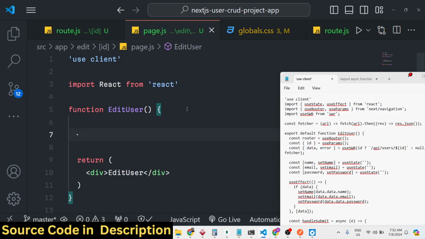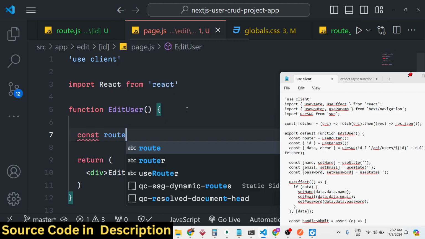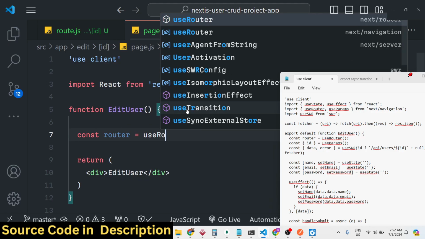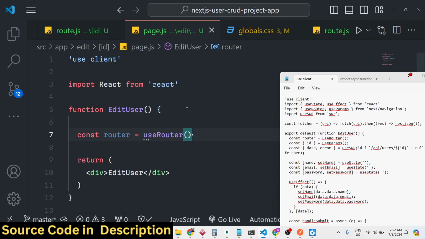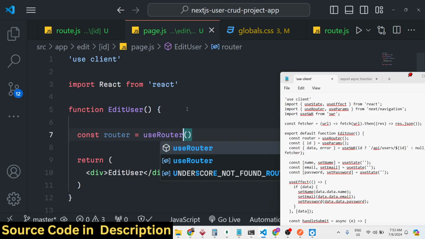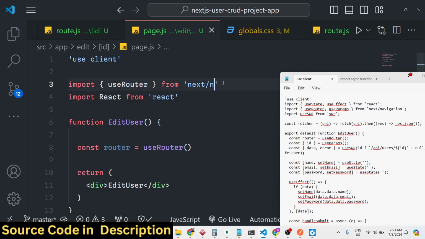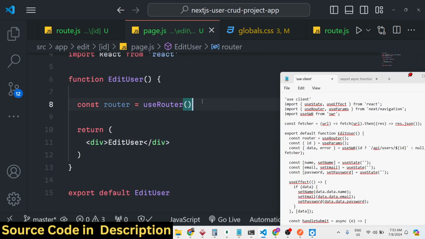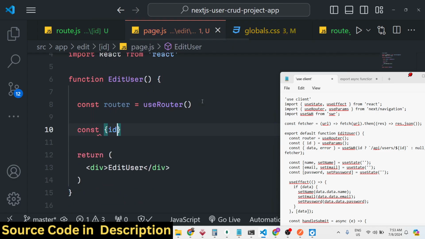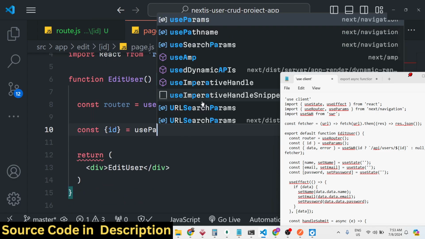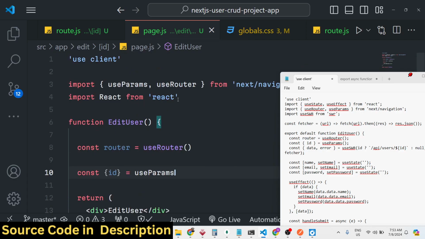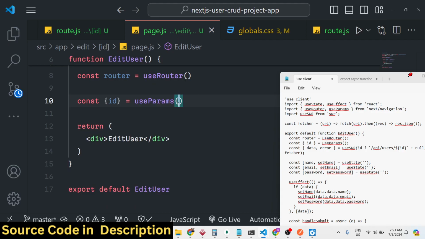And the process will typically remain the same. Again we need the router package, so it will be coming from useRouter, next/navigation, and we again need to extract the ID. We'll be using the useParams. Again it will be coming from next/navigation,